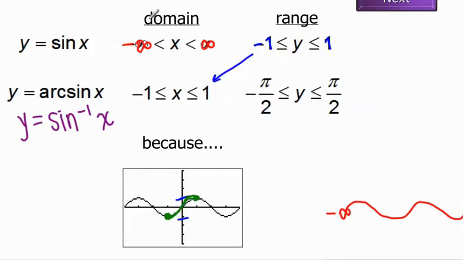However, what would the domain be? The domain no longer goes from negative infinity to positive infinity. It goes from negative pi over 2 to positive pi over 2. So that's what becomes the inverse function's range. So that's where this is coming from. It's coming from that limited domain. So because we have to limit the domain